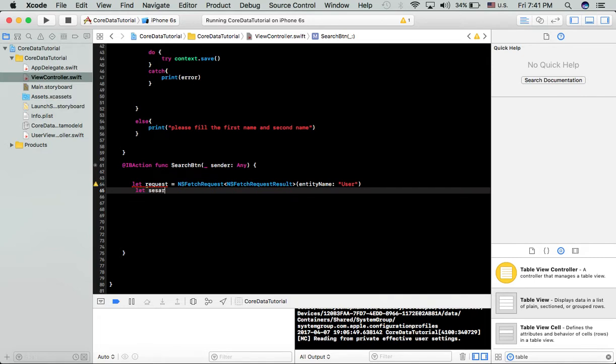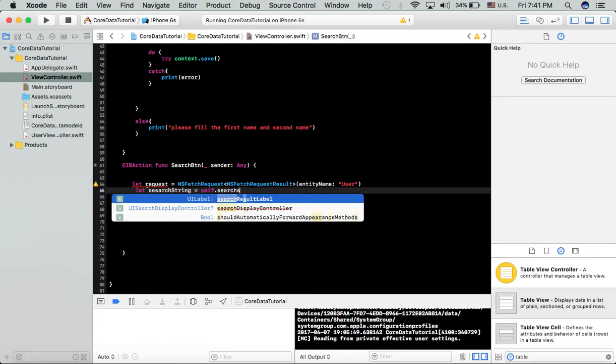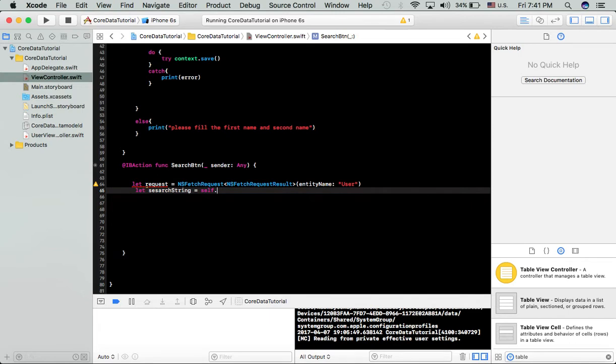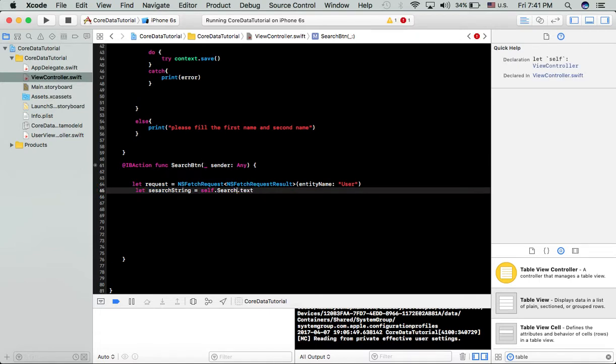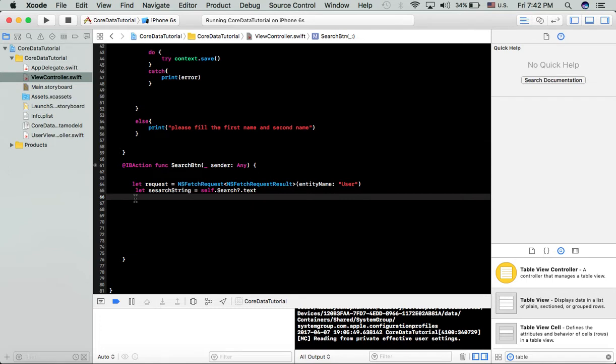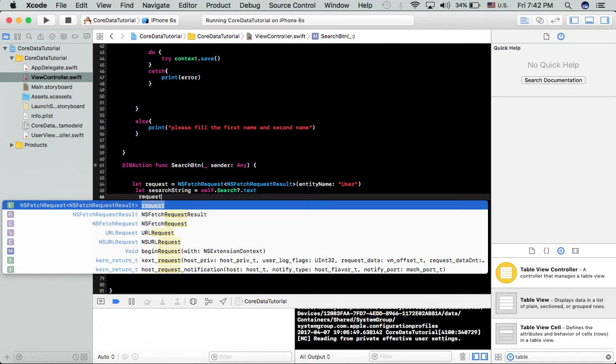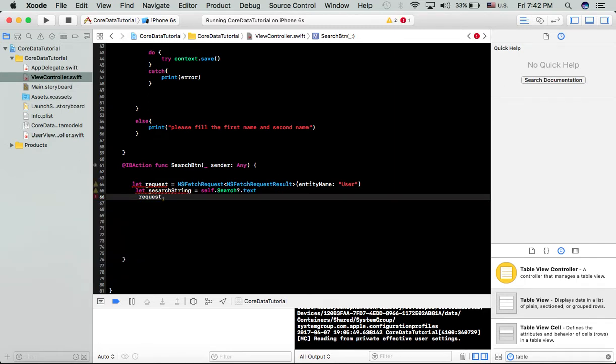Then let searchString equal self.searchTextField.text, which is optional, so the text. And then request.predicate is equal to